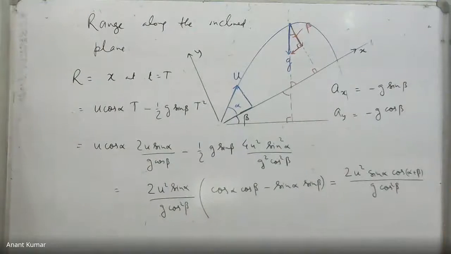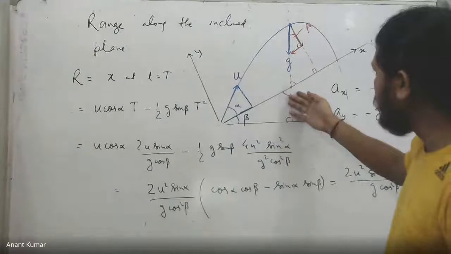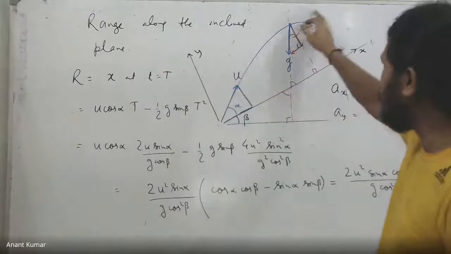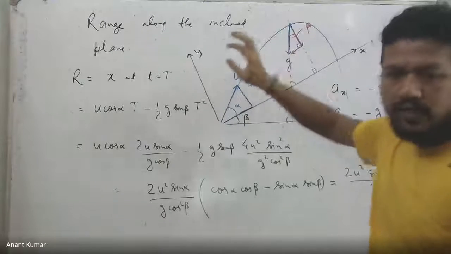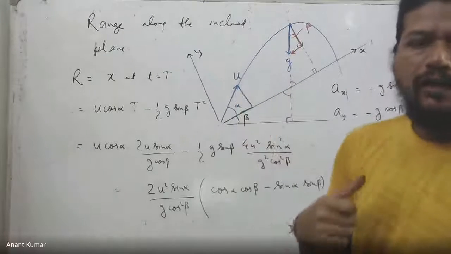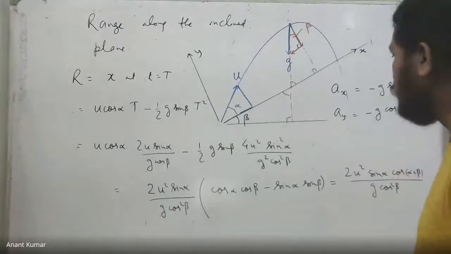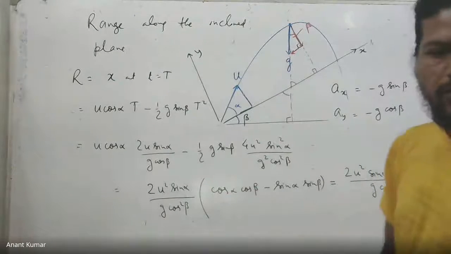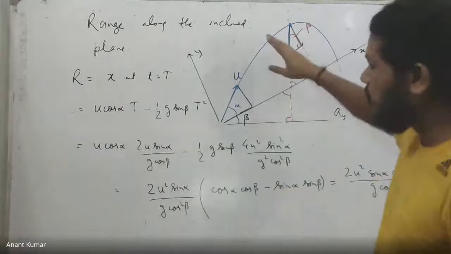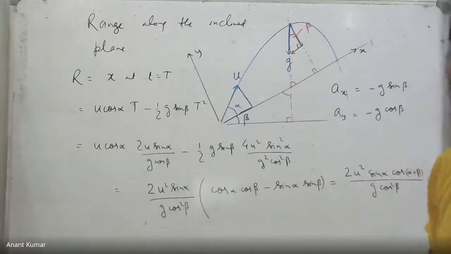In any case, the maximum height above the inclined surface will obviously be obtained when I just take up a tangent. In this case, I'll have to make sure that the y velocity vanishes. If I wanted to have the maximum height above the inclined plane, I'll just find a time by putting Vy equal to 0.